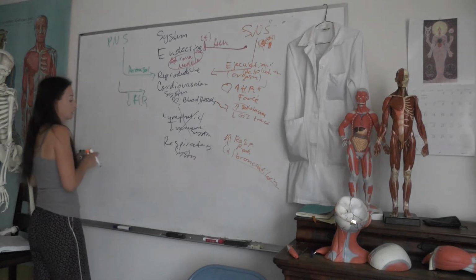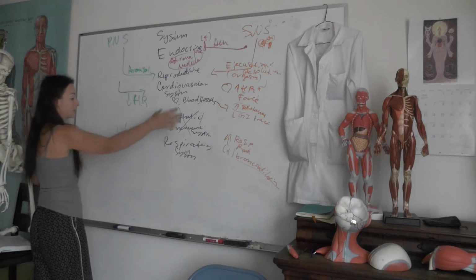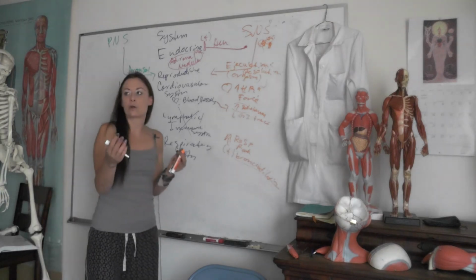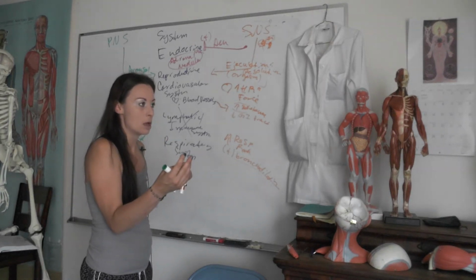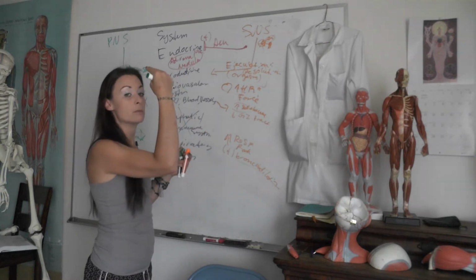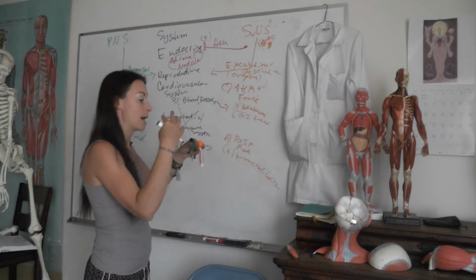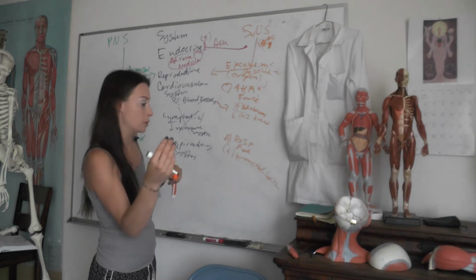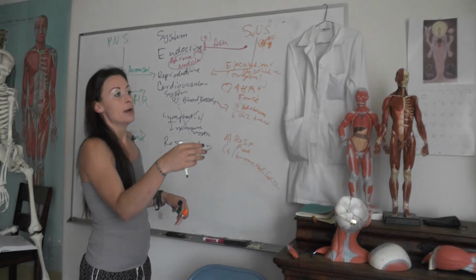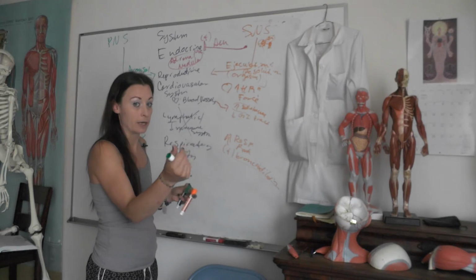Your parasympathetic nervous system would just do the opposite. This would decrease your respiration rate after you had a sympathetic response. You could also say, even if you were just at your normal respiration rate right now, but you wanted to meditate and drop it even lower, this would be where your cerebrum can override and send commands down to your hypothalamus, that can override and send commands down to your pontine respiratory group, which is going to override what's going on through the medulla oblongata, and then we'll be able to execute an even lower rate through the branch coming off of the vagus nerve. It branches into the phrenic nerve that helps with your